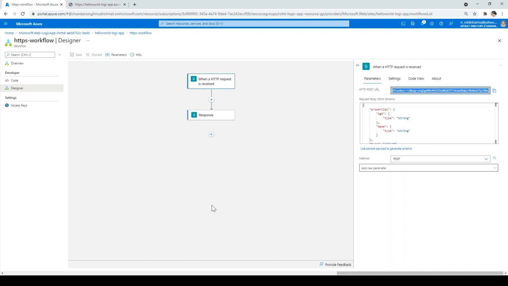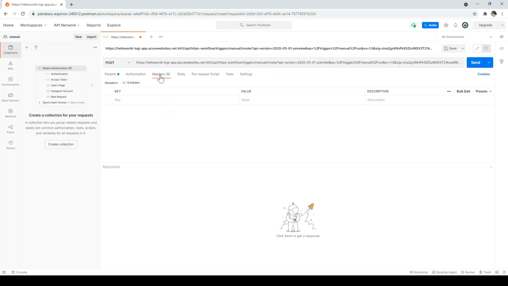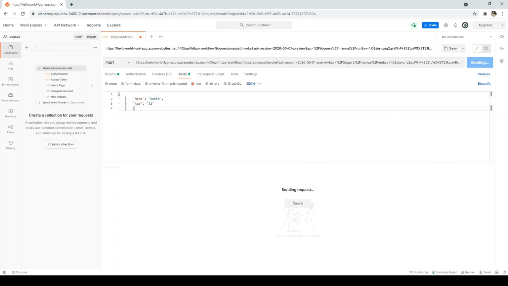Now we have to open the Postman. So I have it here, the Postman window, and there I'll go and change it to post. I'll paste the URL, and remember we have to add the content type as application JSON. So I'll select that, and here I'll mention application JSON, and in the body I'll just pass it some raw. Select the raw and then pass in the body and hit send. So let's see what it is returning now. So it says hello Rohit. Cool. So we have successfully triggered the post workflow also.